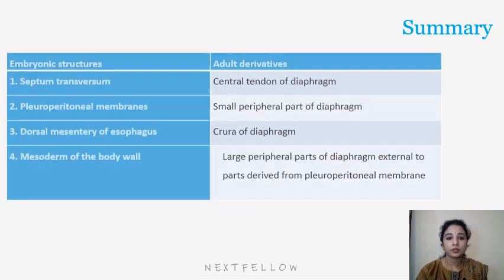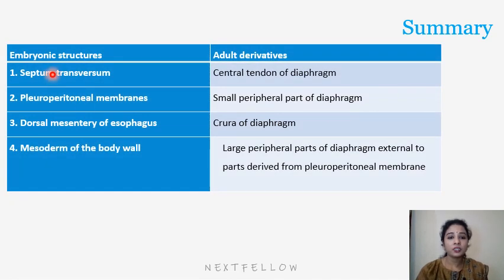So, summary. The septum transversum forms the central tendon of the diaphragm. The pleuro-peritoneal membranes form the small peripheral part of the diaphragm. The dorsal mesentery forms the crura of the diaphragm. The mesoderm of the body wall forms the lateral outer peripheral parts of the diaphragm, external to the parts derived from the pleuro-peritoneal membrane. Now the nerve supply of the diaphragm: at first, during the 4th week of gestation,